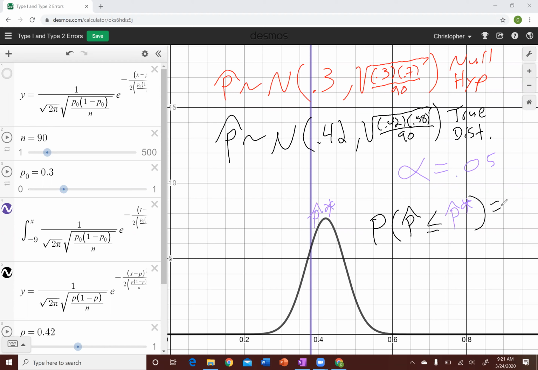Okay, that's the probability of a type 2 error. And of course, we refer to that as beta. So that area to the left of the vertical line, based off of the true distribution, is a type 2 error, and that's what we call beta. That means that the probability of obtaining a powerful result, so the probability of power,